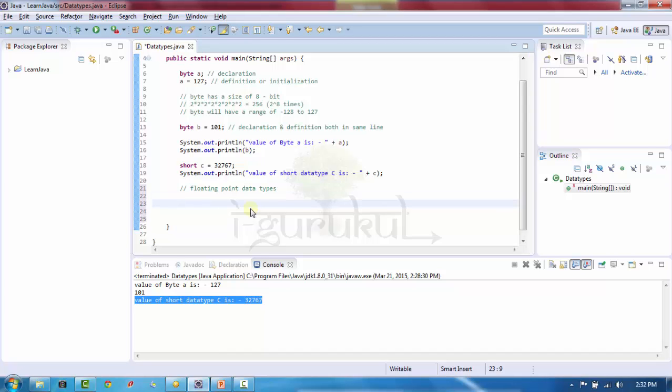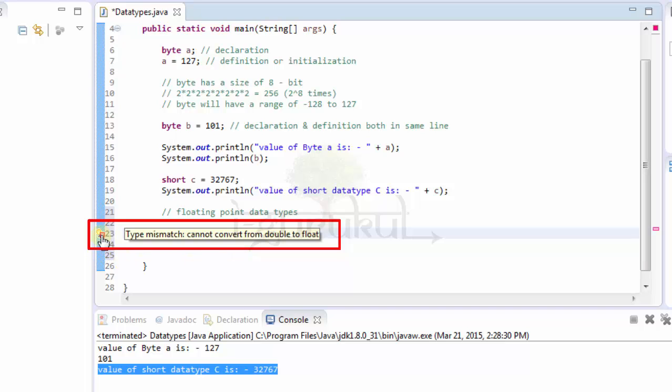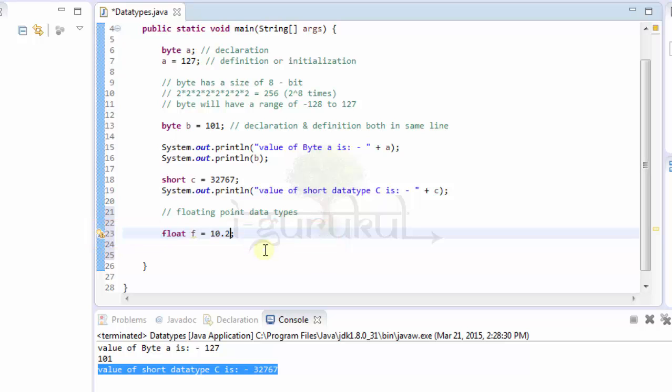So let's take a variable of floating point data type, float. Let's take a variable f is equal to, give it a value. Let's take 10.2. Put a semicolon. See, it's still giving me an error. And what is that? Type mismatch cannot convert from double to float. As I have told you earlier, double is the by default data type for floating point data type in Java. So when you are using a float kind of data type, you have to add f at the end of the values. You can either write a small f or you can write a capital F like this. F is equal to 20.5 f. Both will work the same way.